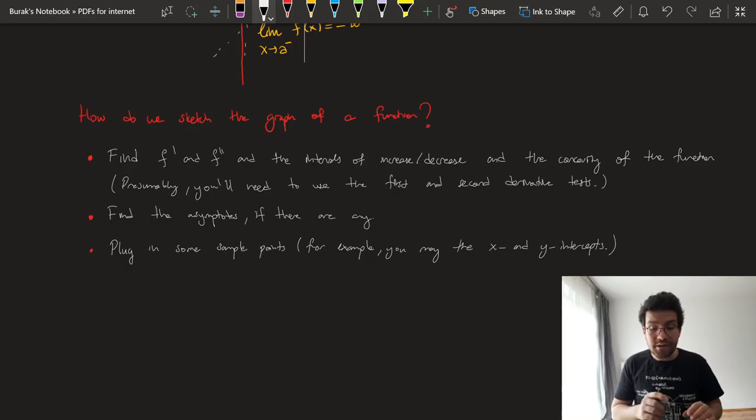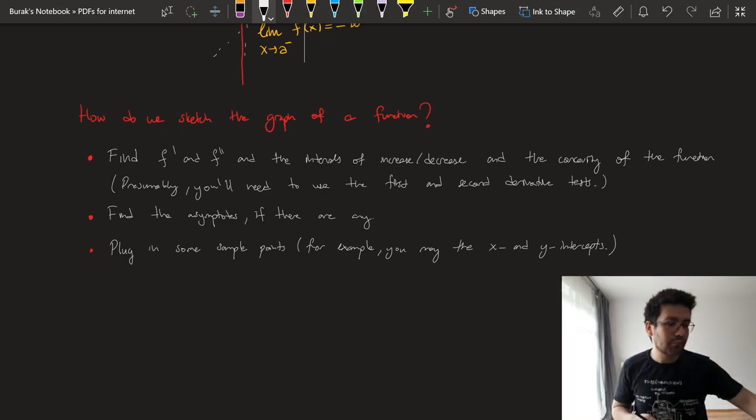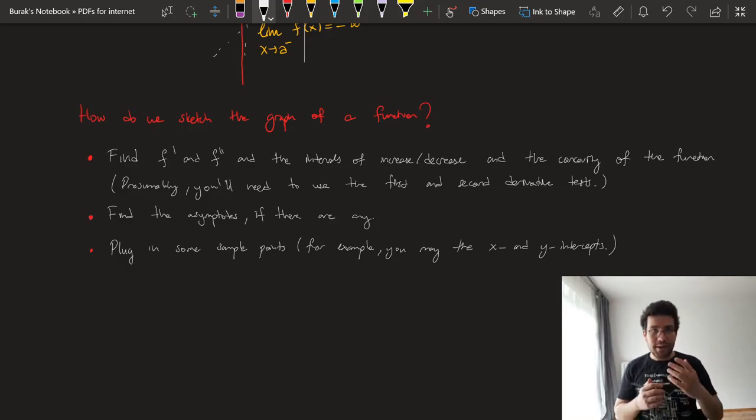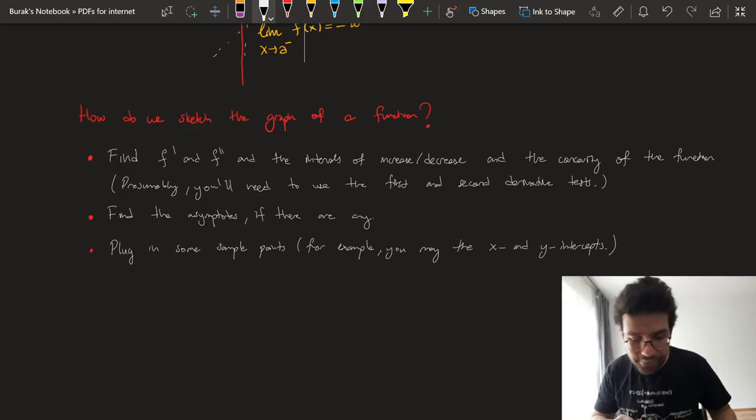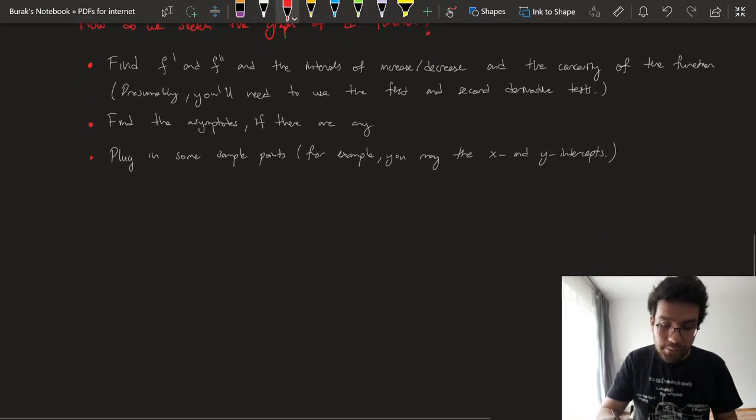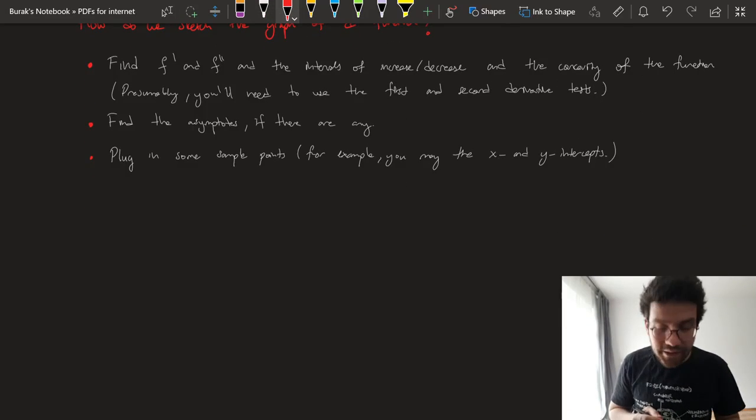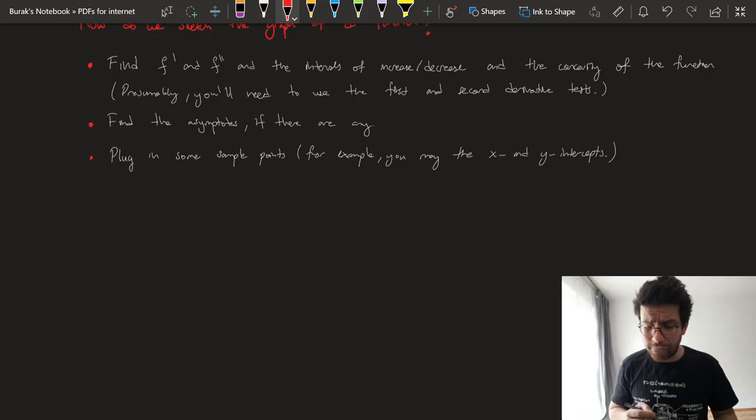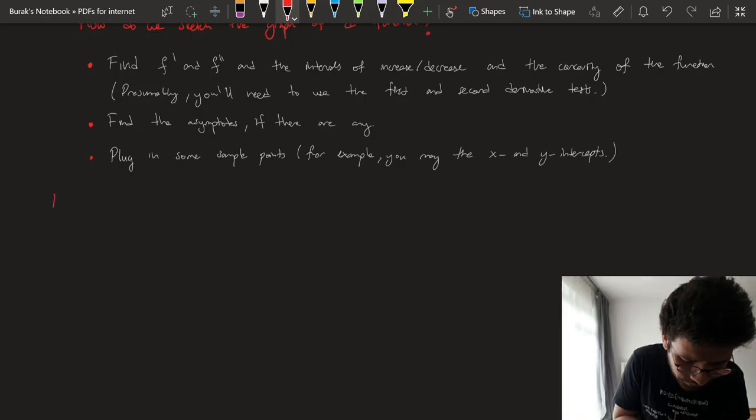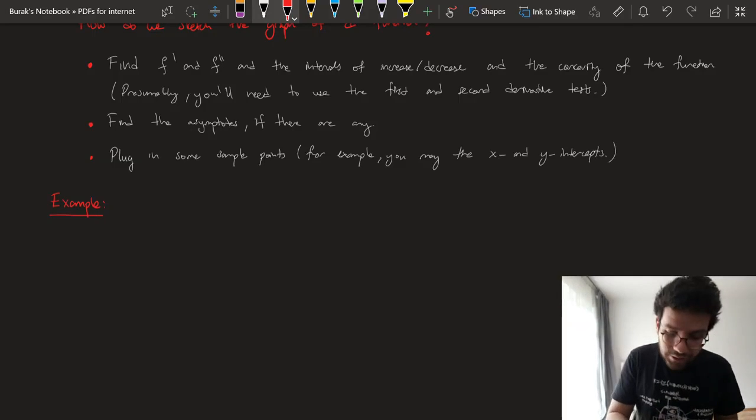Plug in some sample points, and when you combine, when you do all this, you will roughly get a nice picture for your function. You'll be able to roughly sketch the graph of your function. Now, I'm going to solve 3 examples, and in your recitation you'll solve more examples, so don't worry. And the first one will be the following function: